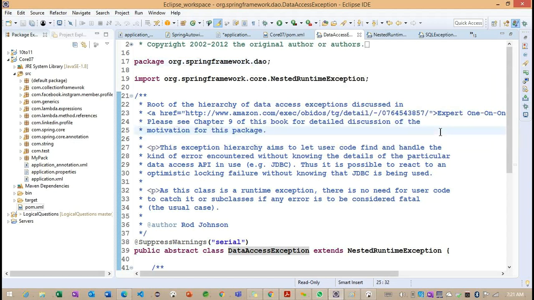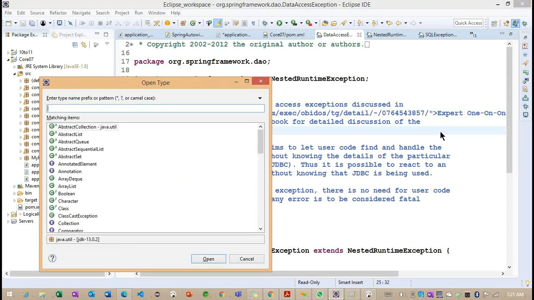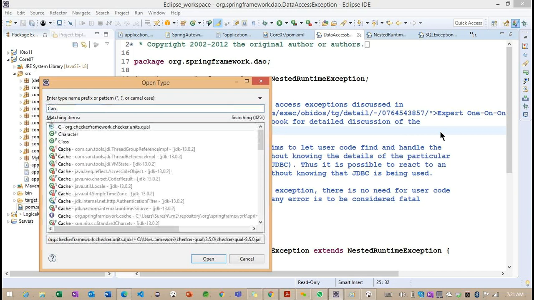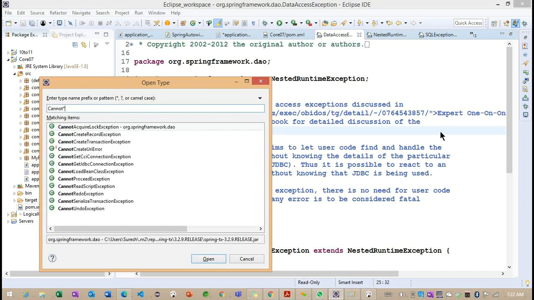So this is our super class, and along with this we have different exception classes here. All are unchecked exceptions. Just for understanding, I will try to explain one or two exception classes here. Now you can see these are the exception classes. So cannot acquire lock exception.